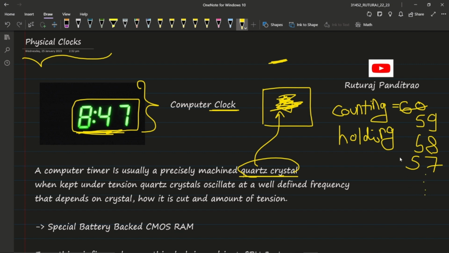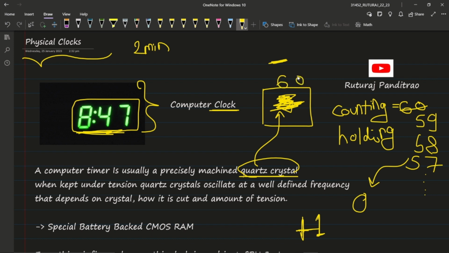Now if you carefully see, at some point this value is going to become 0. And whenever this value becomes 0, I increment the value of time. And this is how the clock is implemented. If you still haven't got a feel of it, what we are doing is saying that whenever an event happens 60 times, increment the value of time by 1. Suppose the clock says the current time is 8:02 or 10:02. Whenever this counting register becomes 0, it means the crystal has oscillated 60 times.